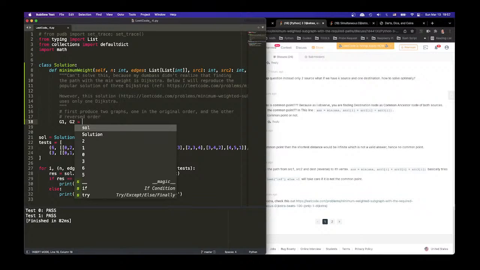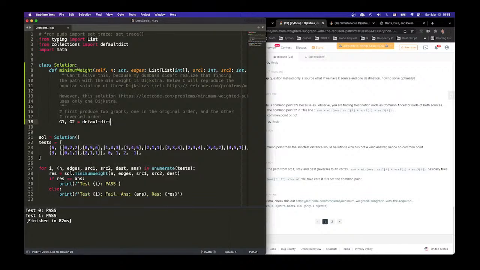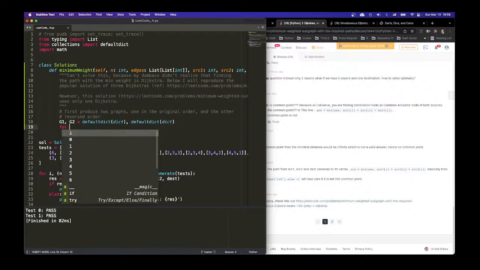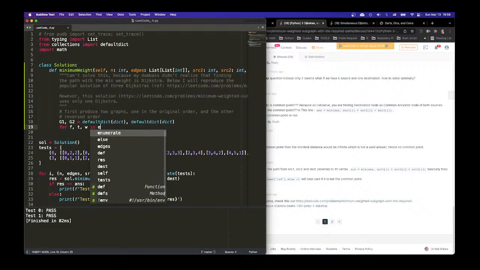Wait, what do we want this one to be? So we just want a path, right? That's what we want. Yeah, let's just use defaultdict, and defaultdict, right? And then for from, to, weight in edges,